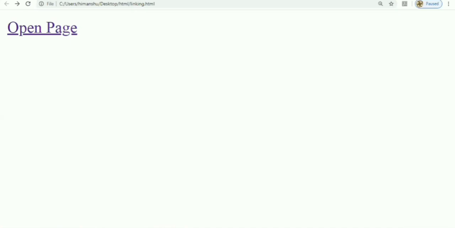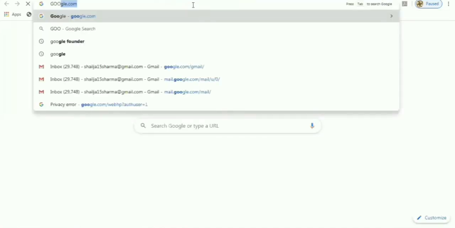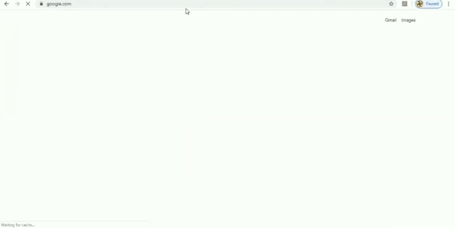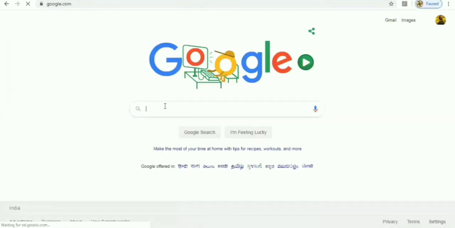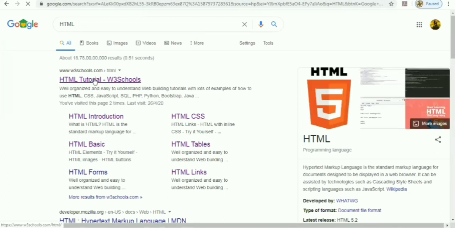Wait, don't unmute yourself. I'll give the link, then you will get to know what happens. Here I am searching something. I'm opening here, searching HTML so that some HTML sites will come. Like this HTML tutorial site has been opened here.